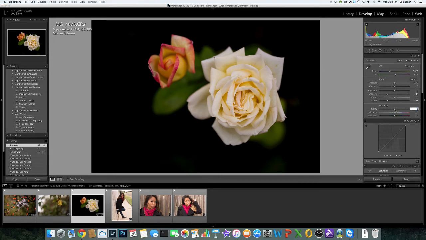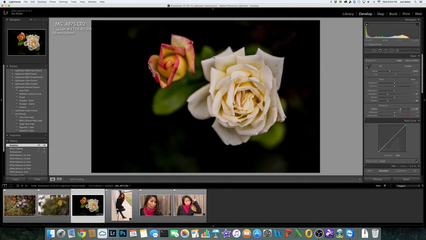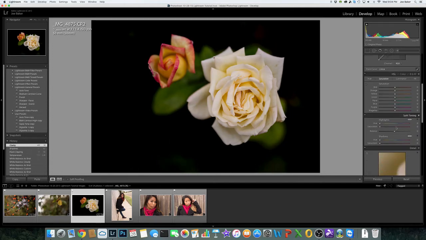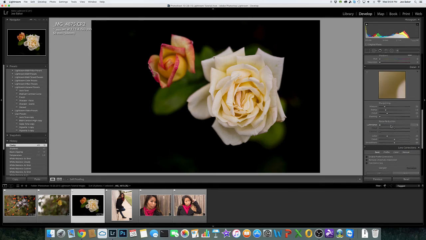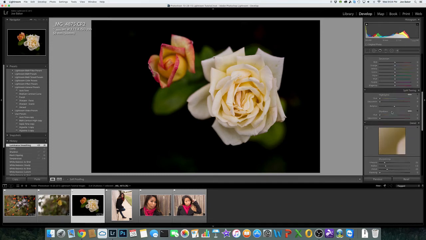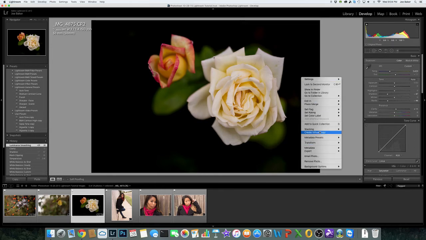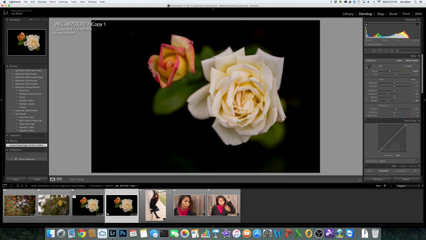We can play with our clarity. Don't ever do that. That's really ugly. We're going to go to +10. And I don't do any sharpening. I'll do some ISO stuff. Now this one might be a good candidate for black and white. So once again, we'll right click, create a virtual copy, come up here, go to black and white,